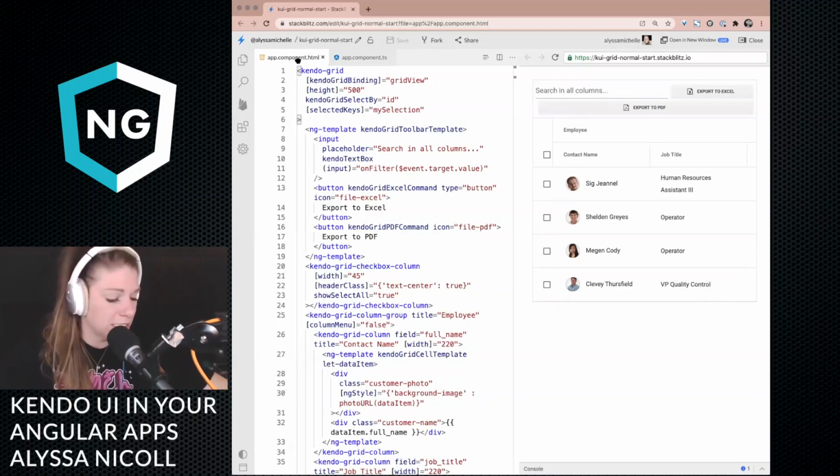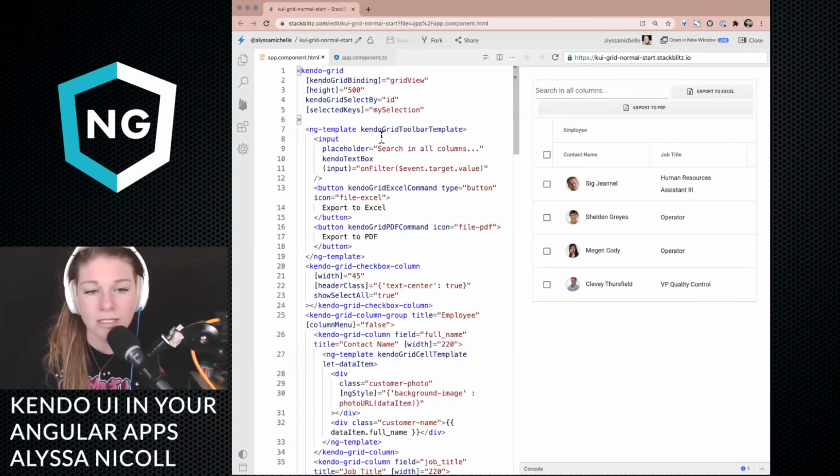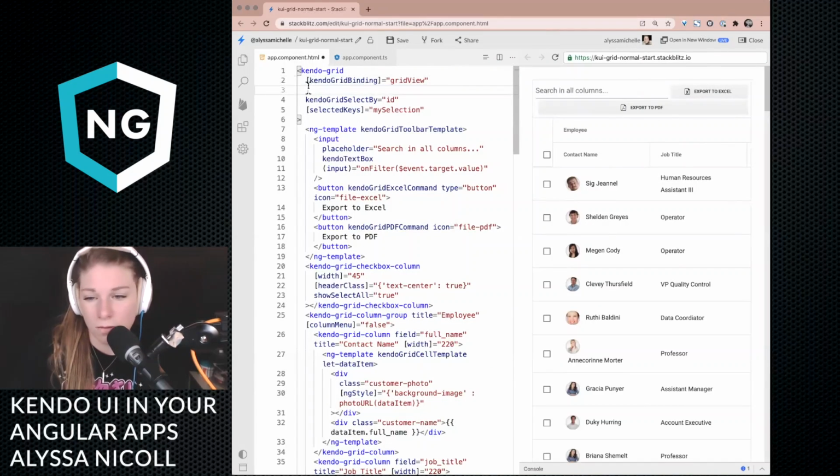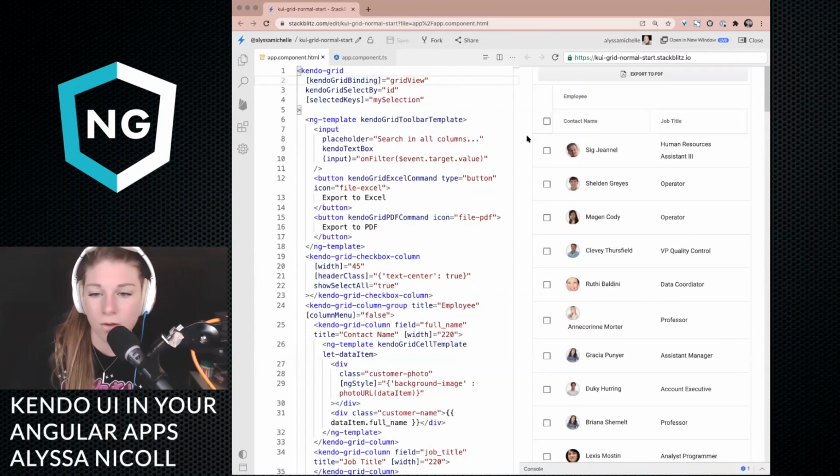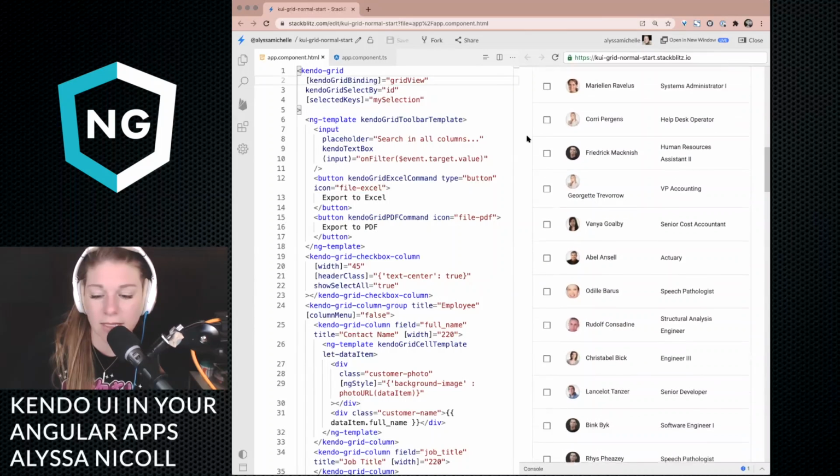HTML and CSS separators. I did not separate that just yet. But if we go down, you'll see that we have our Kendo grid. We have a Kendo grid binding to grid view, and we have a height set of 500. If we just remove that height, if you remove said height, I believe it goes as, if I scroll, yeah, it's going to go as